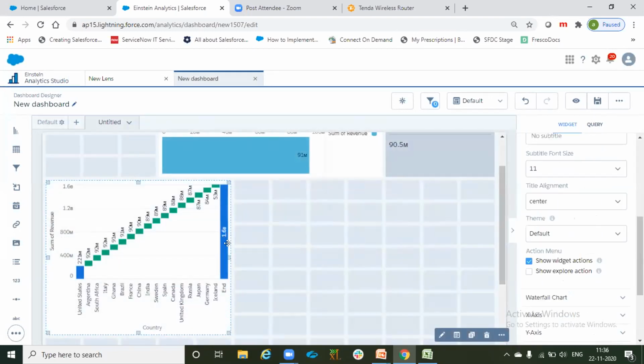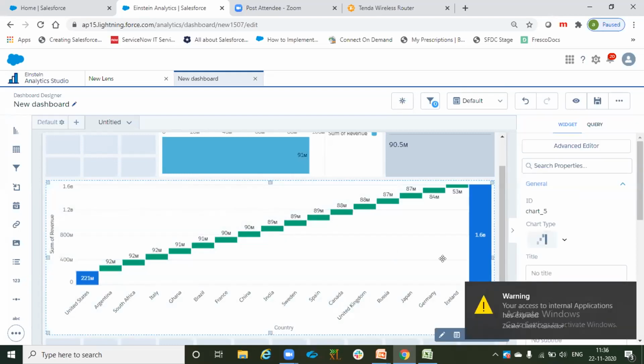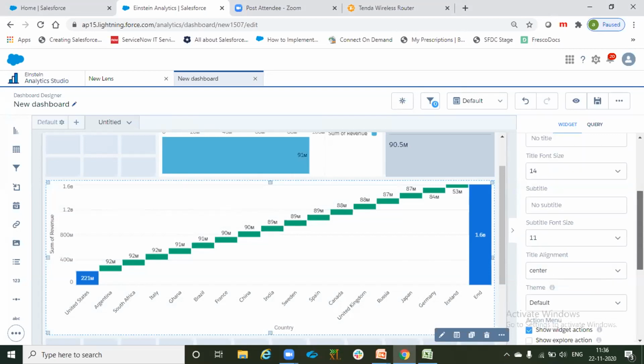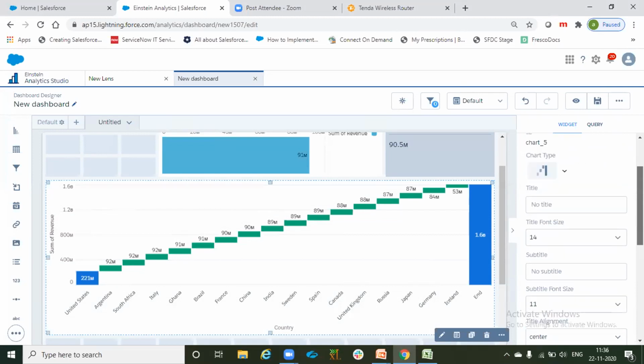So what is a waterfall? A waterfall first shows you each different unique value here, and then in the end it sums up all the different unique values. Let's say we have these many countries. For Spain, I have 89 million. For China, I have 90 million. For the United States, 21 million. And then I am summing up all of them until this point, which is $1.6 billion. So this is a waterfall chart. And every chart has a lot of properties, and those are very important. We should explore each and every one at least once.